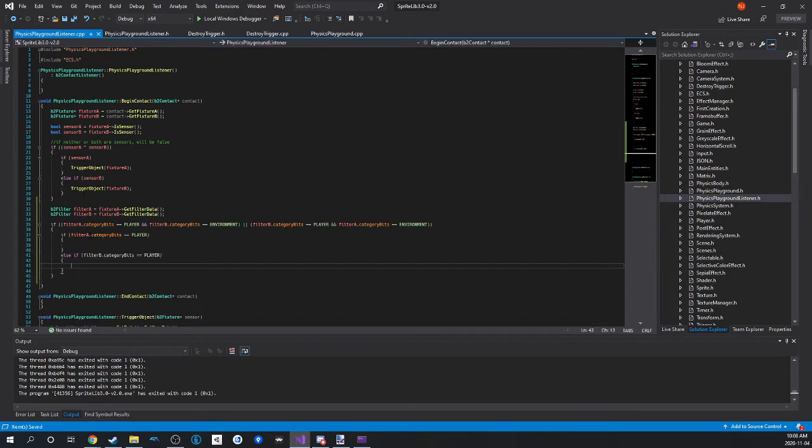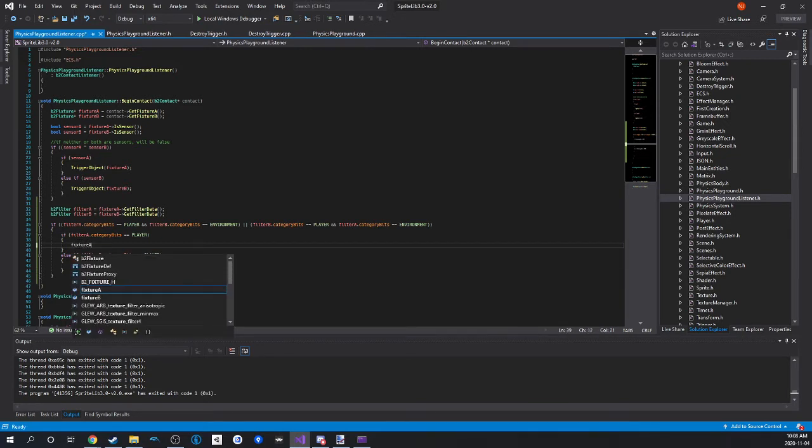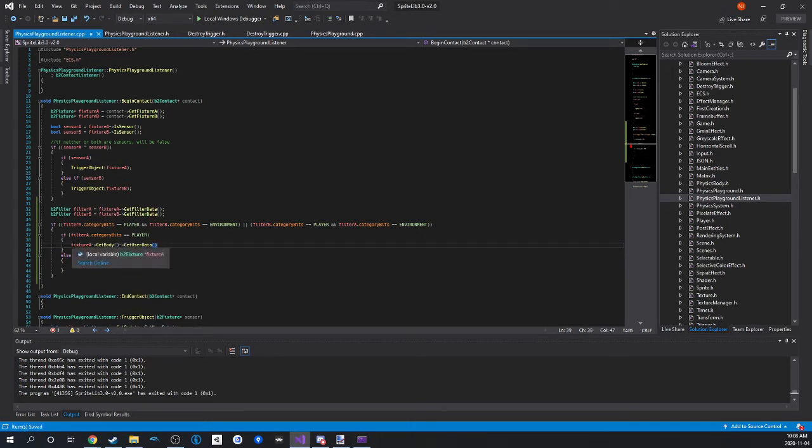This isn't exactly good code, but it's not like horrible. But now we're just checking if this is the player. So if this is the player, then we can grab fixture A dot body dot user data, cast that as an int,